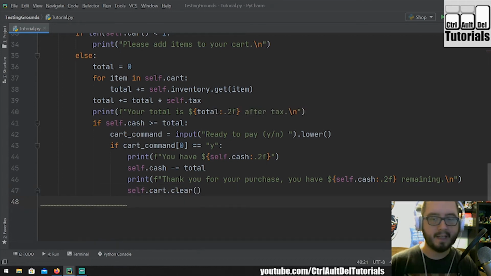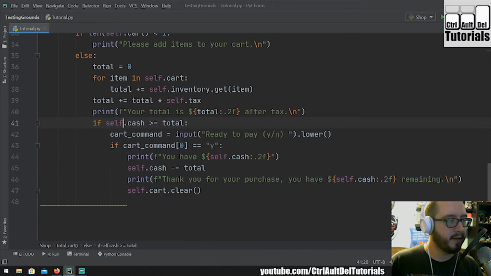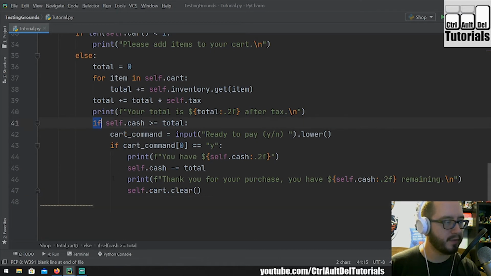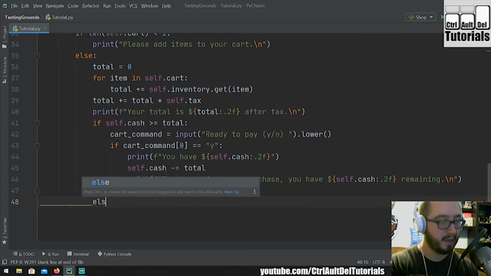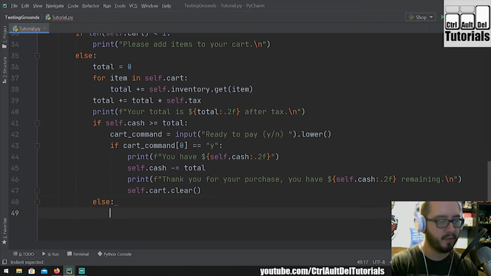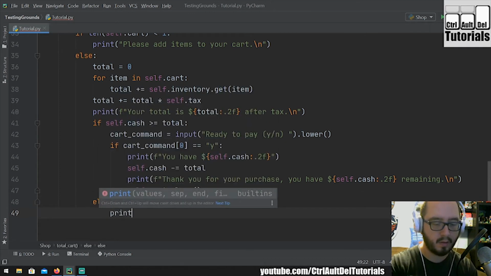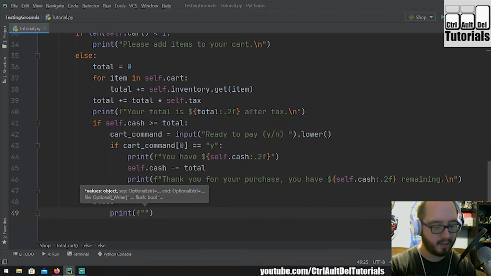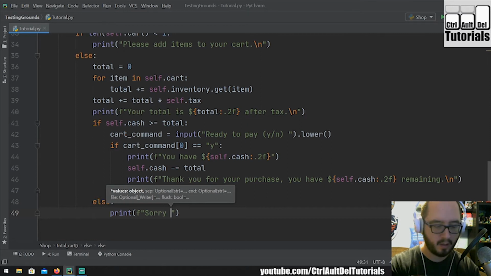Okay. Now, this code only runs if our cash is greater than or equal to our total. What if it's not, though? Then we'll backspace so that we're lined up with this if statement. And we'll say, well, if that's not the case, if we don't have enough money, we'll say else. And we'll print a message. And we'll do a formatted string. And we'll say something to the effect of, sorry, you